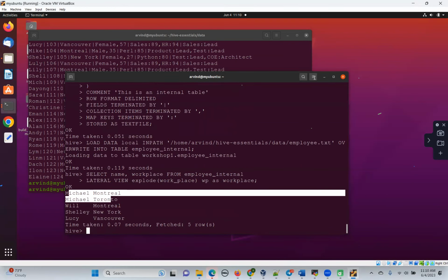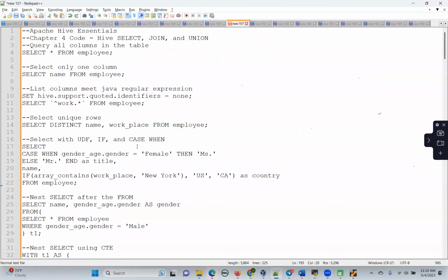So like this, we can get the data. Next thing is,